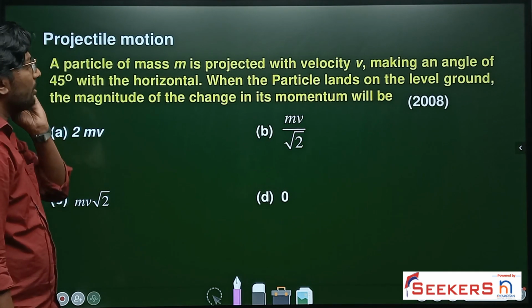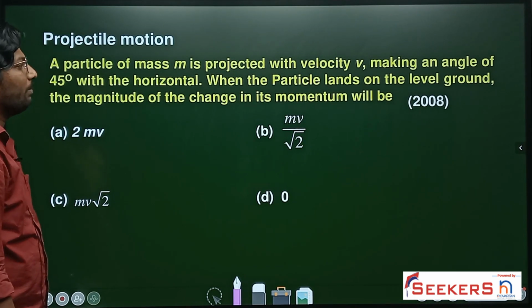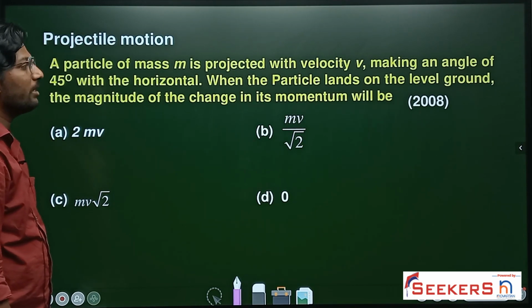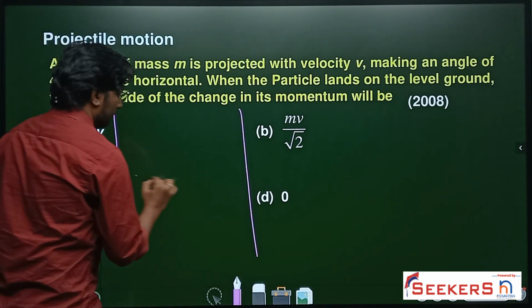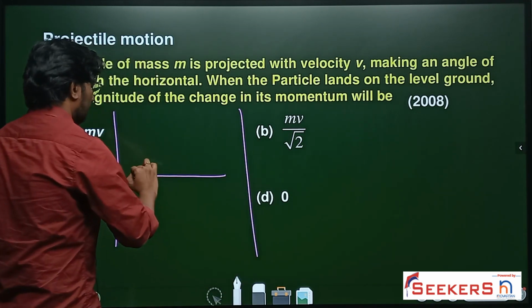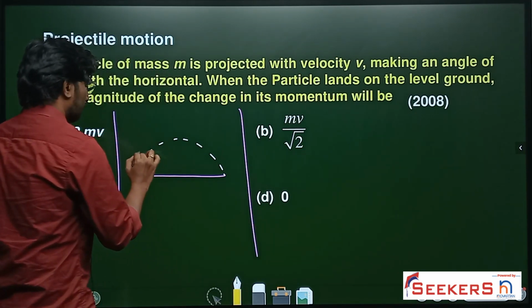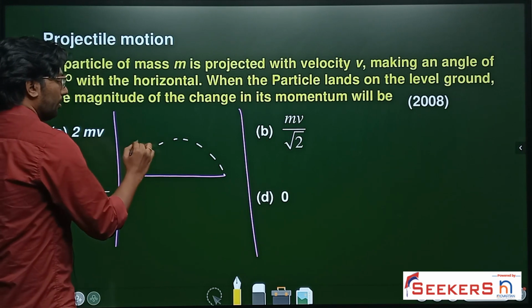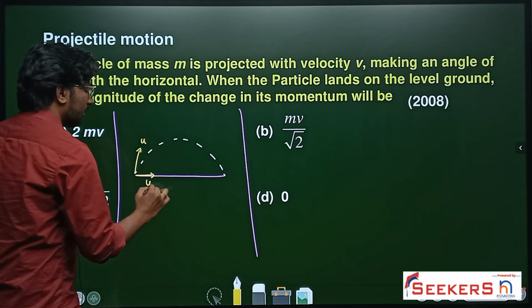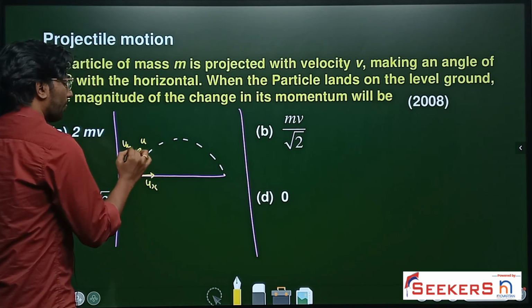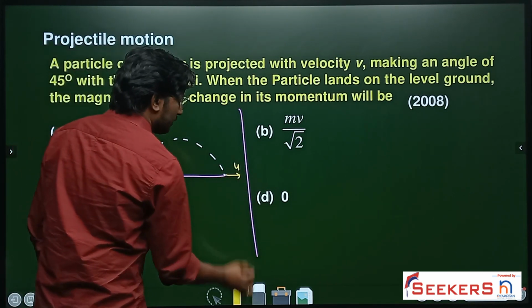Number 1. A particle of mass m is projected with velocity v, making an angle of 45 degree with the horizontal. When the particle lands on the level ground, the magnitude of change in its momentum is. Let's understand clearly. The particle has gone through this projectile. If you see the initial velocity, it will split into two components, one is ux and another is uy. When it reaches the bottommost point, there also it will split into two components, one is vx,